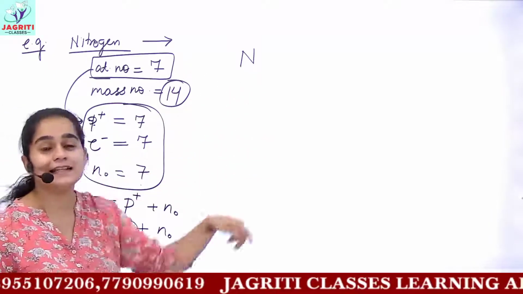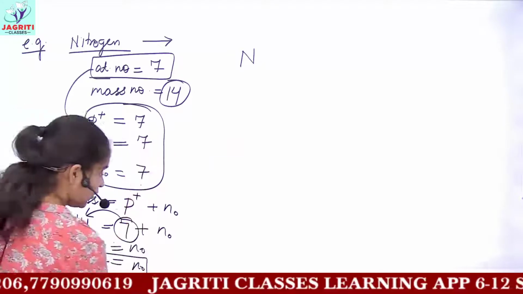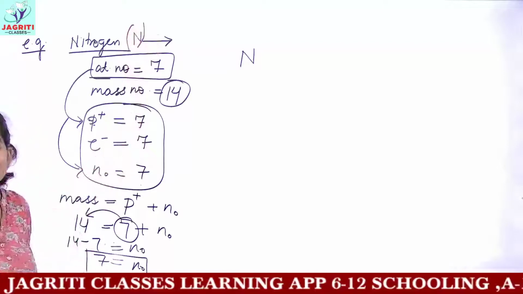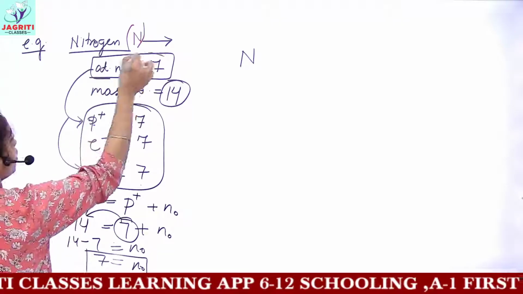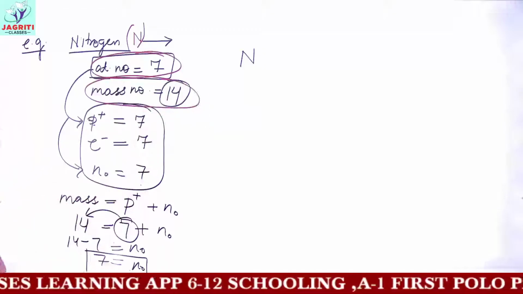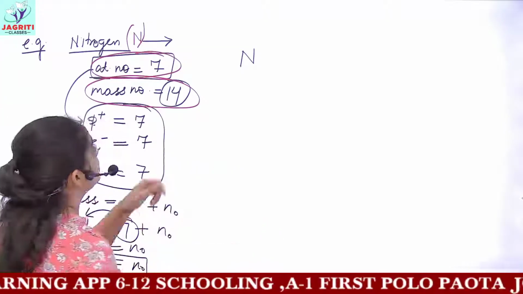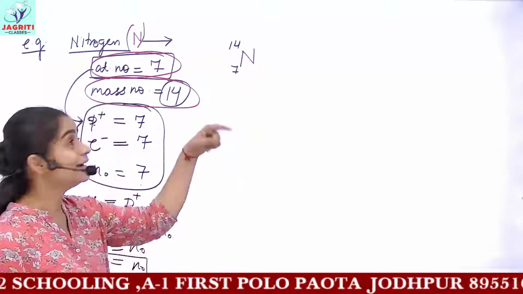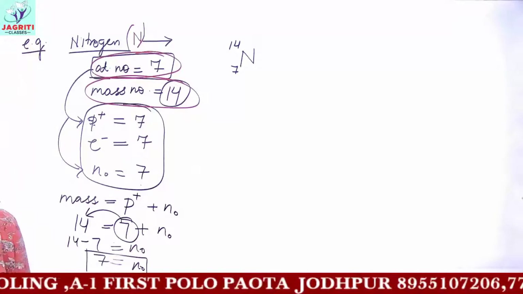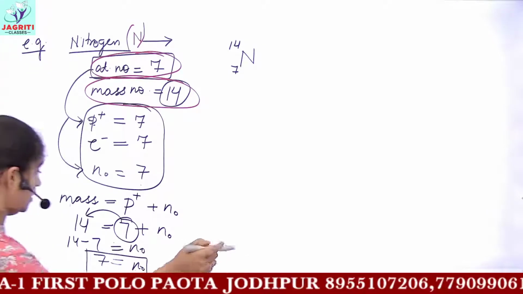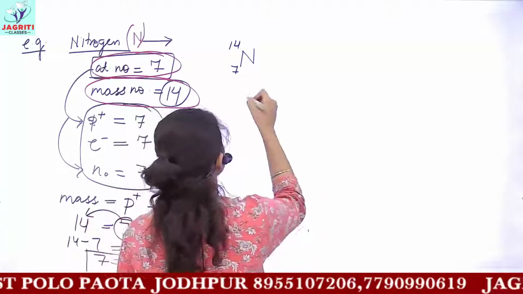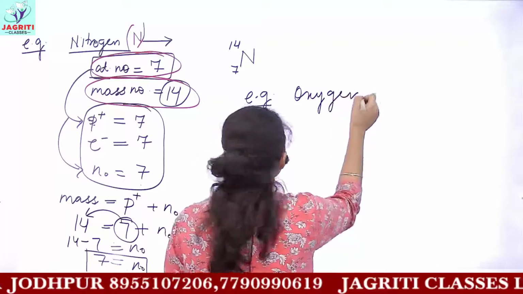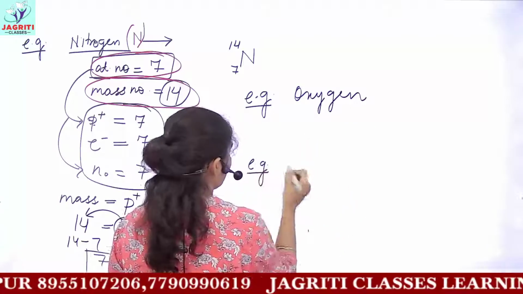Now can you represent this symbolically? Yes, why not? For representing something symbolically, we need the symbol of the element, that is capital N. Then you require its atomic number and in turn its mass number. In preparing the symbol, you write its atomic number below and the mass number on the top. So this gives you a symbolic representation of the nitrogen atom. Talking about other atoms, let's suppose we have to represent oxygen symbolically, and our next example would probably be aluminium.